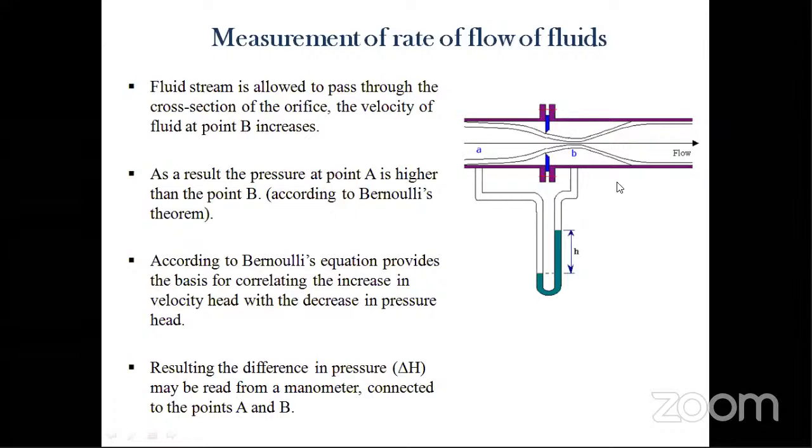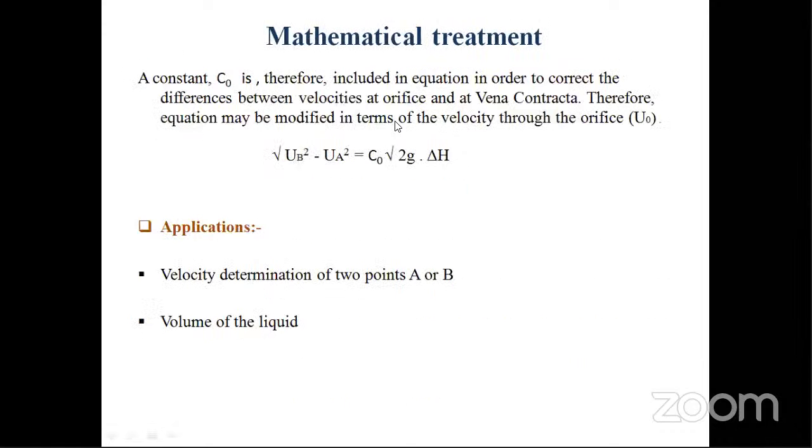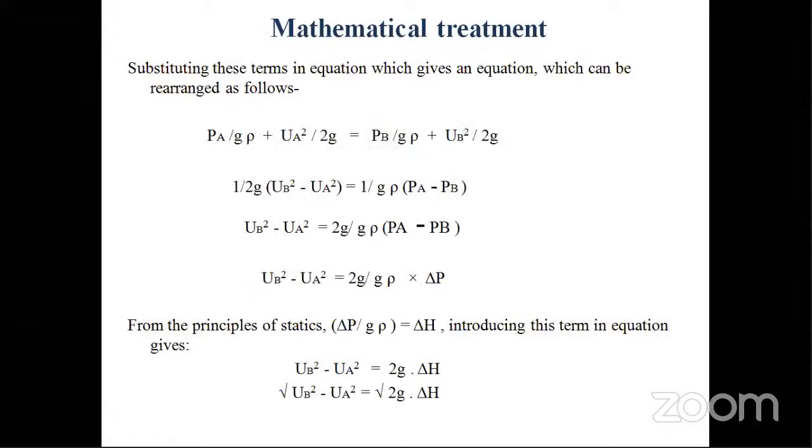ওকে, দুটো পোর্শনের মধ্যে যেখানে ভেলোসিটিটা কনস্ট্যান্ট হচ্ছে সেটাকে বলছি আমরা C0। তো এখানে C0-টাকে আমরা অ্যাড করছি ইন দিস ইকুয়েশন। তো টোটাল ইকুয়েশনটা দাঁড়ালো হচ্ছে রুট ওভার অফ UB স্কোয়ার মাইনাস UA স্কোয়ার ইকুয়ালস টু C0 ইন্টু রুট ওভার অফ 2G ইন্টু ΔH। ওকে, এই ম্যাথামেটিক্যাল ট্রিটমেন্টটা ডিরাইভ করতে চাই, এখান থেকে ম্যাথামেটিক্সও থাকবে, তার সাথে টোটাল ইকুয়েশনটাকে ডিরাইভ করতে যাবে।